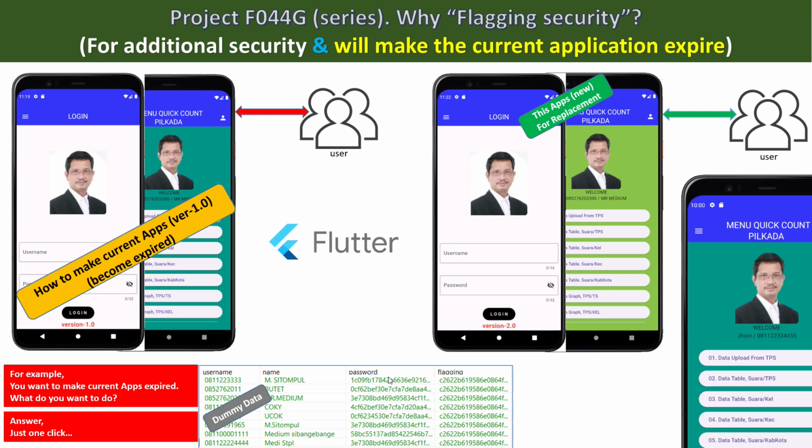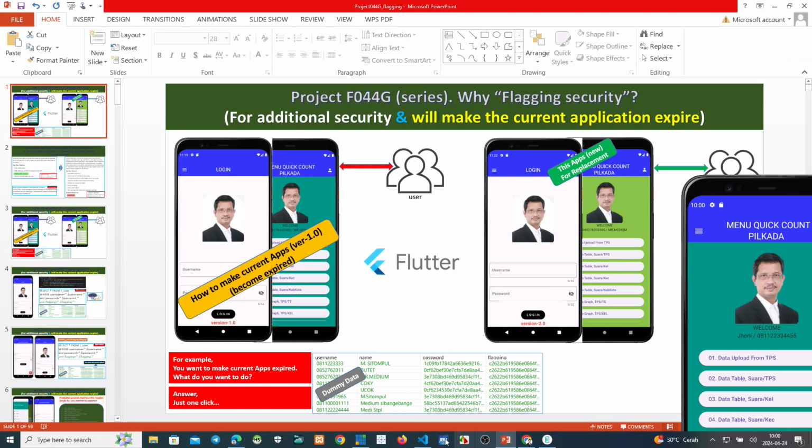The background process or the backend script processes this flagging, and if we make a change to this flagging, all users cannot log in to this application. Okay, if we change,